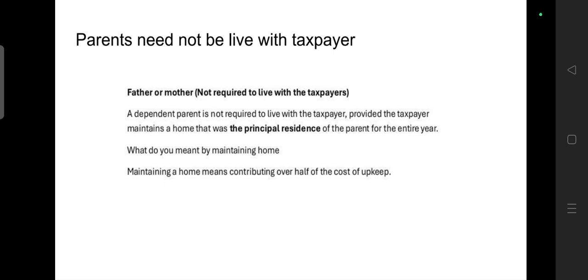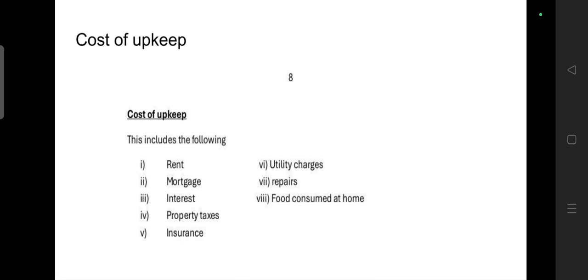They require extra care, so I am sending them to a nursing home, or I am maintaining a home for them with caregiver services. There is a lot of cost if I maintain a house: mortgage interest, rent, food cost, medicine cost, and supplies. If I contribute more than half of this cost,